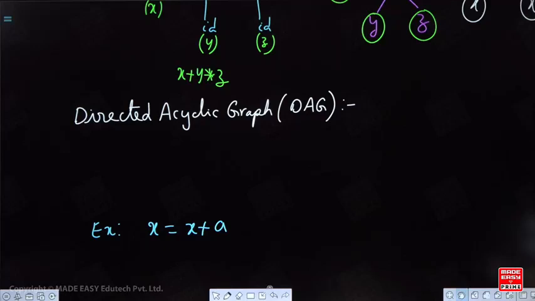Now take the notes. In DAG, if a node is created once, instead of going for the creation of the same node, we will make use of the already created node.